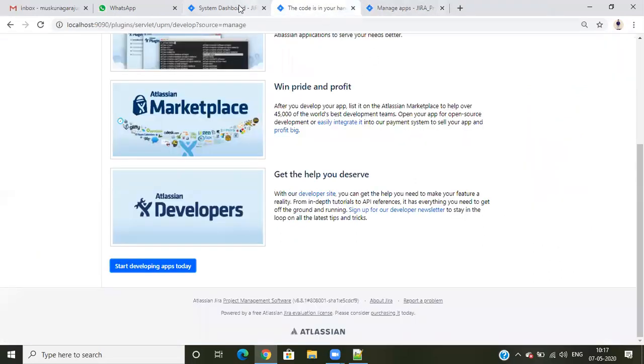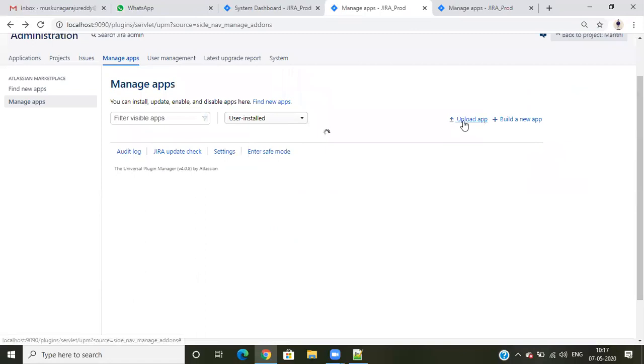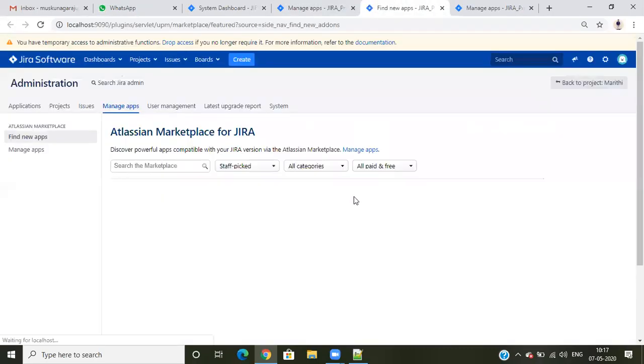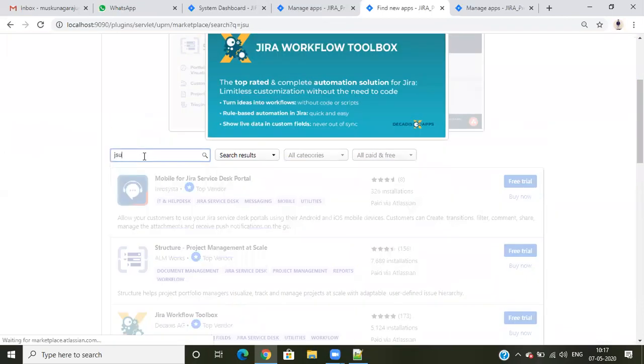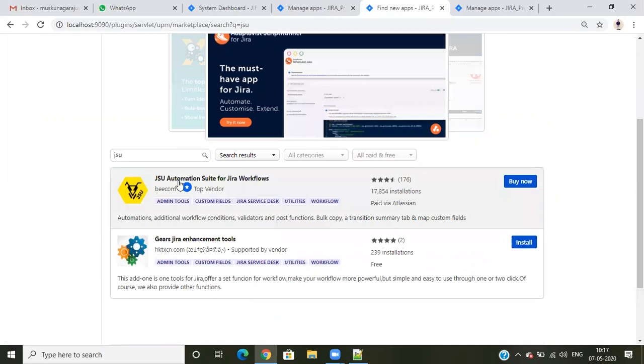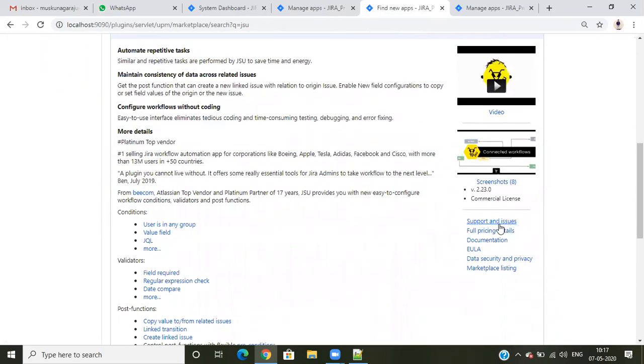Or else we have the next option here called upload app. So how do we upload that app? You just follow here, and when you type JSU, click on JSU and you will see this. Expand this, and click on any link like license, full pricing details, or support and issues.